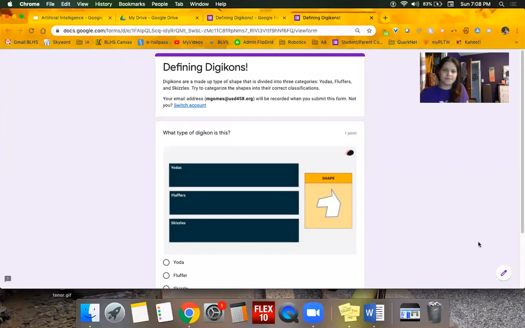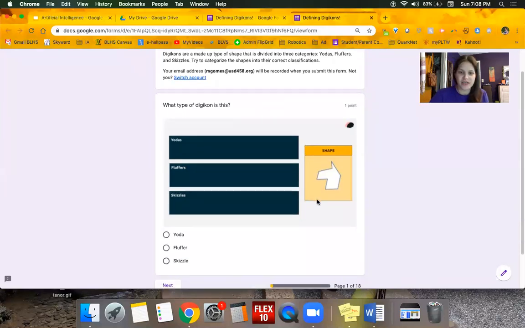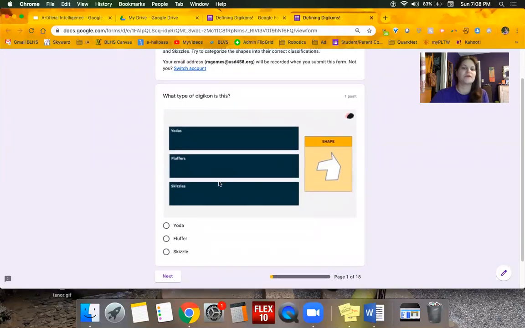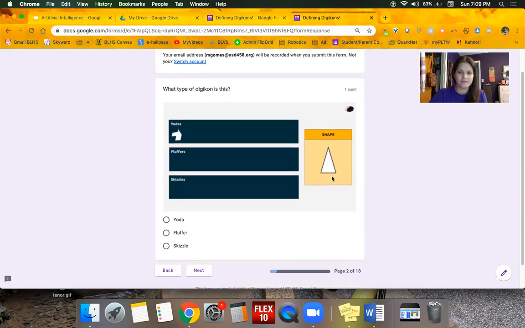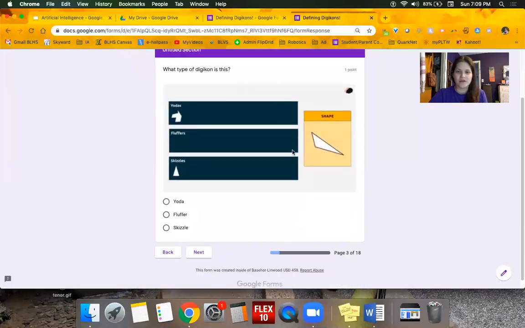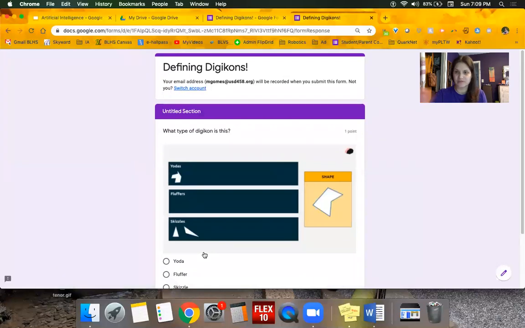Okay, so here's the game. What you would do is look at a shape and you would say, okay, what the heck is this? I have no idea. And if you've looked at it already, then maybe that's exactly what you were thinking, like, this is stupid, I don't know what this means. So maybe you said, all right, this is a fluffer. And then in the next picture, I show you that actually that shape was a Yoda. So you're like, okay, maybe this shape is a fluffer. Well, nope, that was a skizzle. Well, since a skizzle's a triangle and this is a triangle, maybe this is also a triangle? Ah, okay, so then that one is correct.